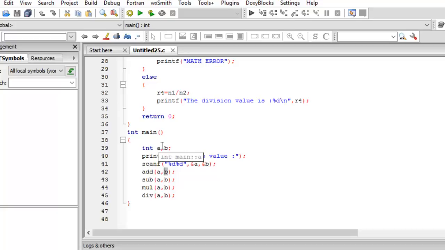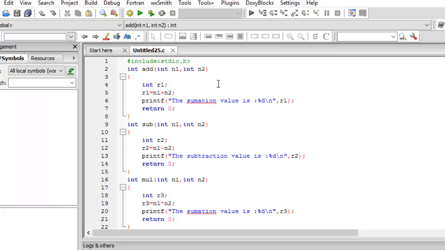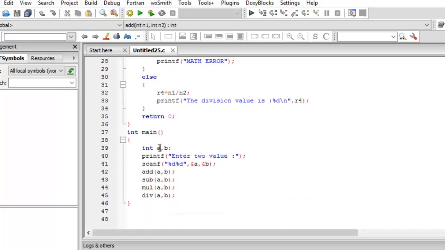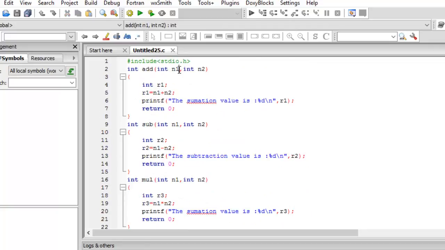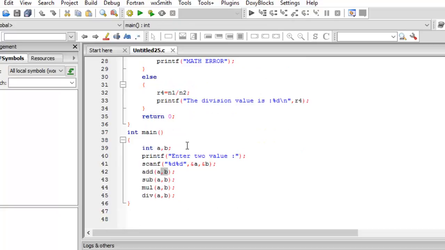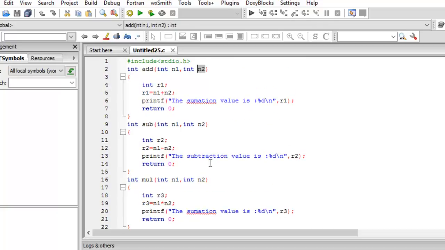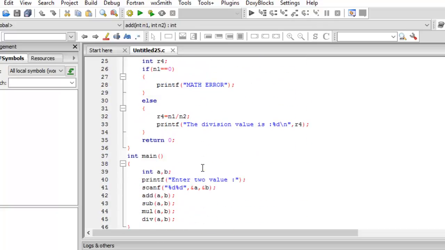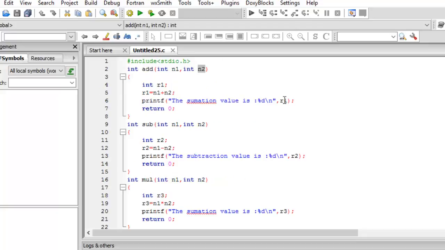Here you can see we also declare two variables. So basically the first one will be the value of this n1, and the second one will be the value of this one. So like this we can pass the value of the variable that we declare in the main function section, that we can also use in the modular function section. So there is one more thing,